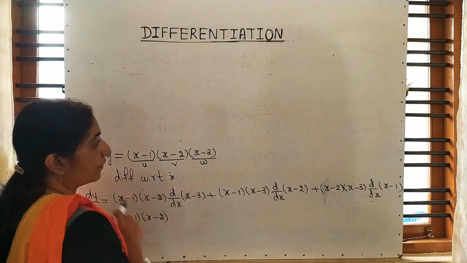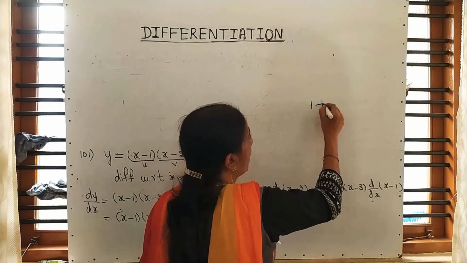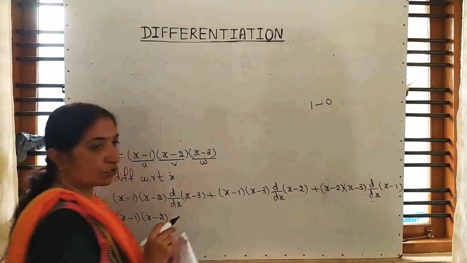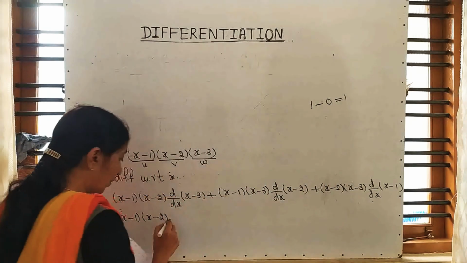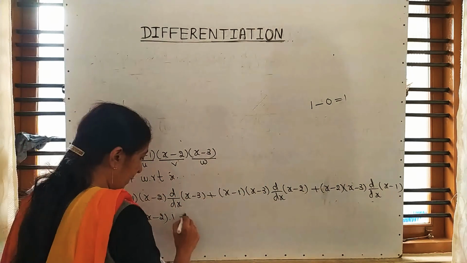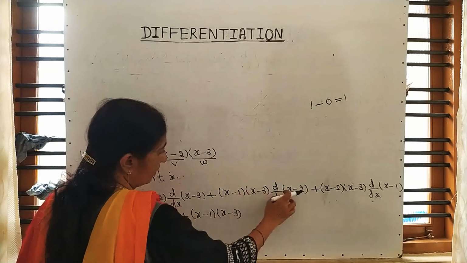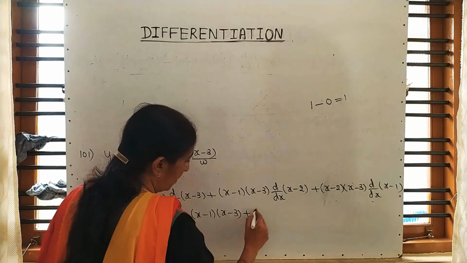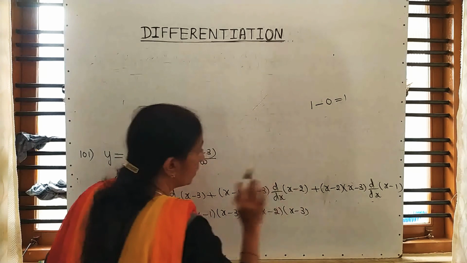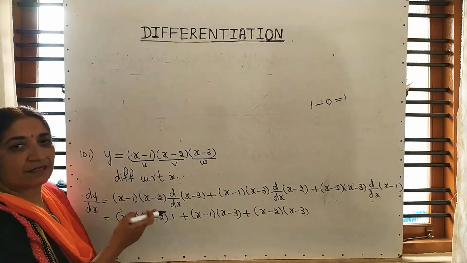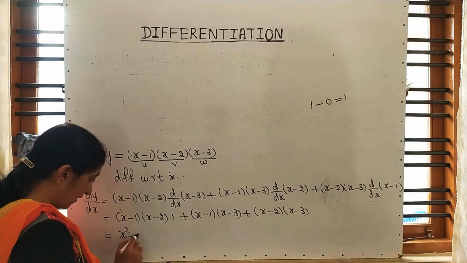Yes, what is the differentiation of x minus 3? Differentiation of x is 1 minus 0, because differentiation of 3 will be 0. Your final answer will be 1. So here it is 1. Like that the remaining. X minus 1, x minus 3 before differentiation, it is 1. No need to write that. Plus x minus 2, x minus 3. If you want you can keep it like this, but the terms are simple. That's why I am removing the brackets.